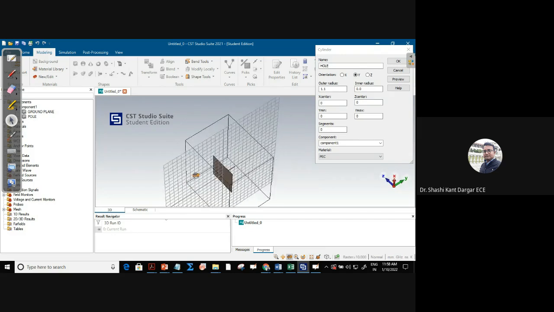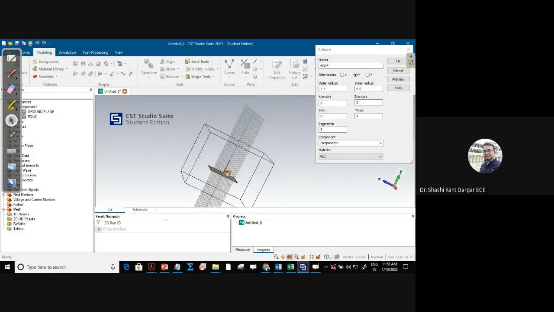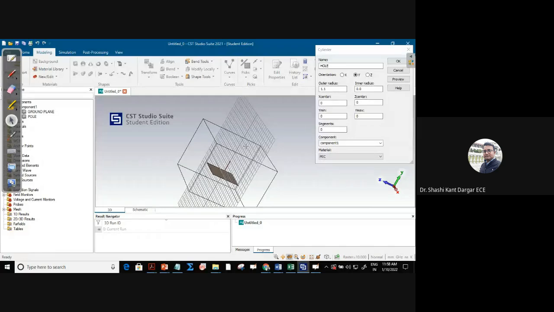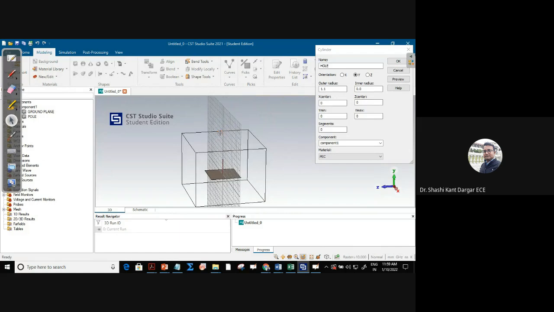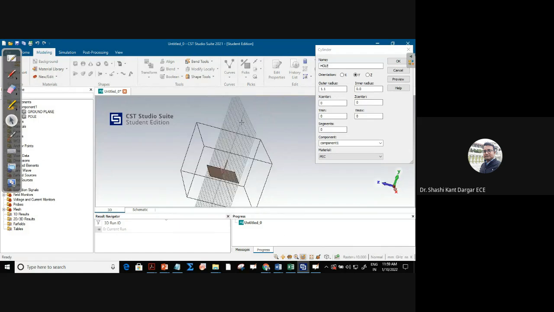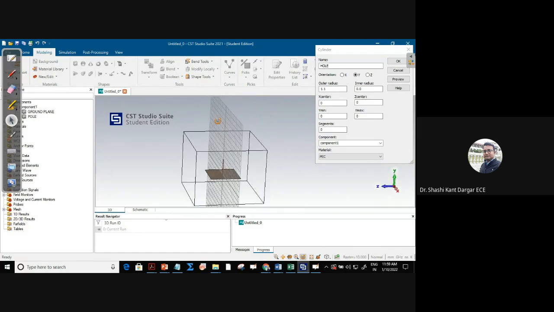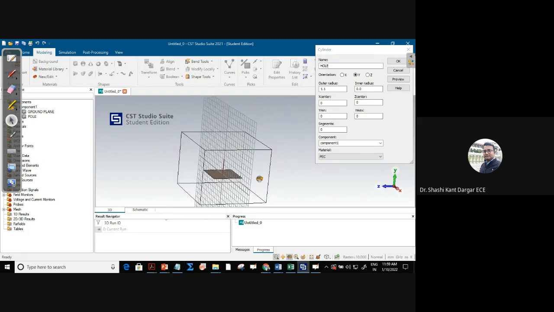You can see this is our orientation. In between x and z the center is 0, because we want the hole exactly in the middle, and y minimum I am taking as